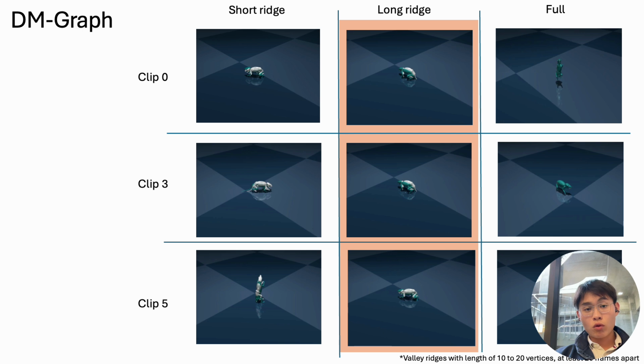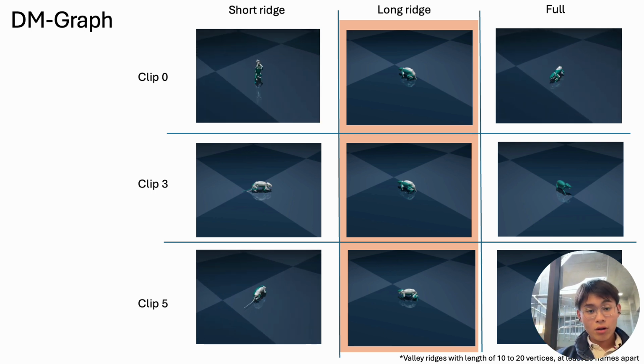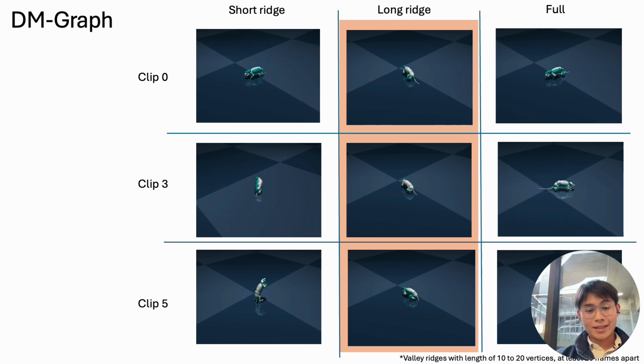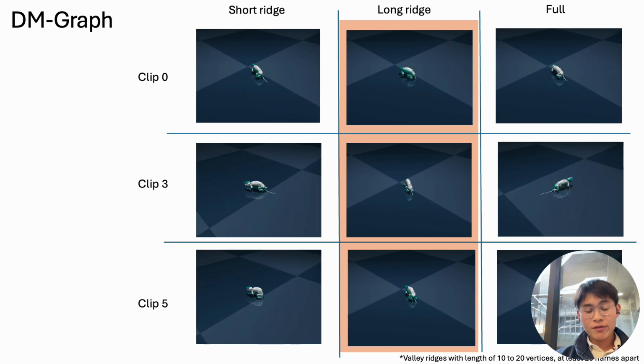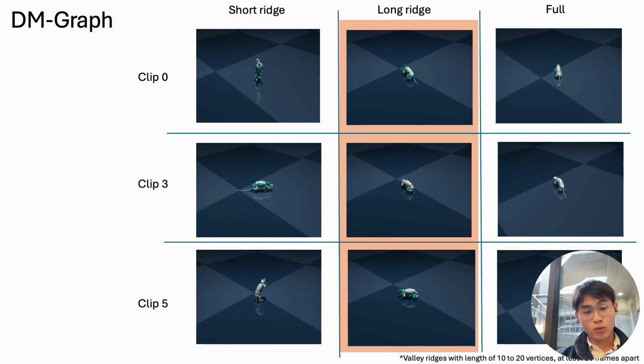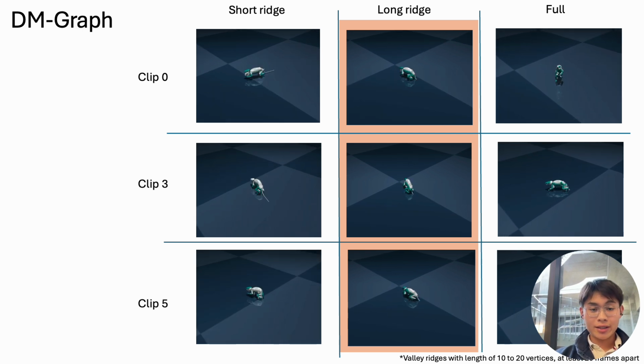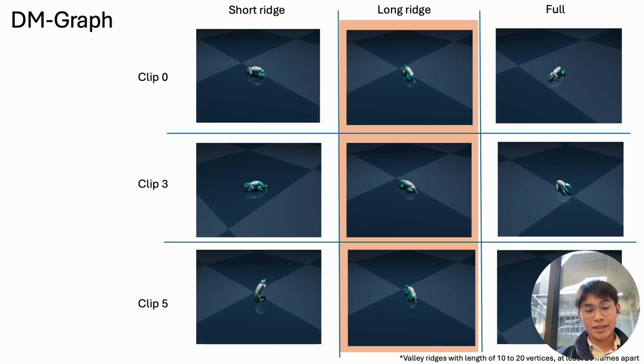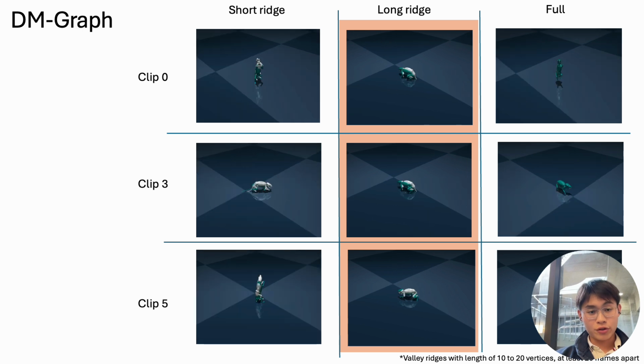And this is what we have from the discrete Morse graph, where we see these long ridges. Basically, from all the paths that we have identified with the critical edges, we take the maximum for each clip, and then we can see that even for different clips and very vastly different walking clips, they almost identify the same intentions or the same gait that is walking, the more macro